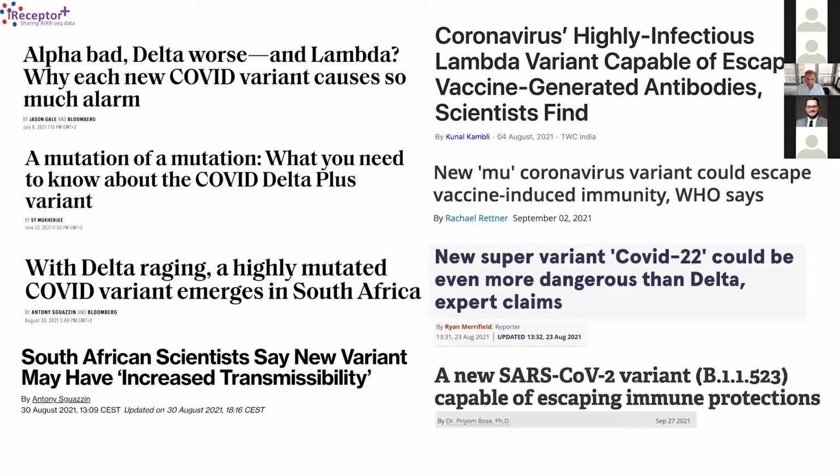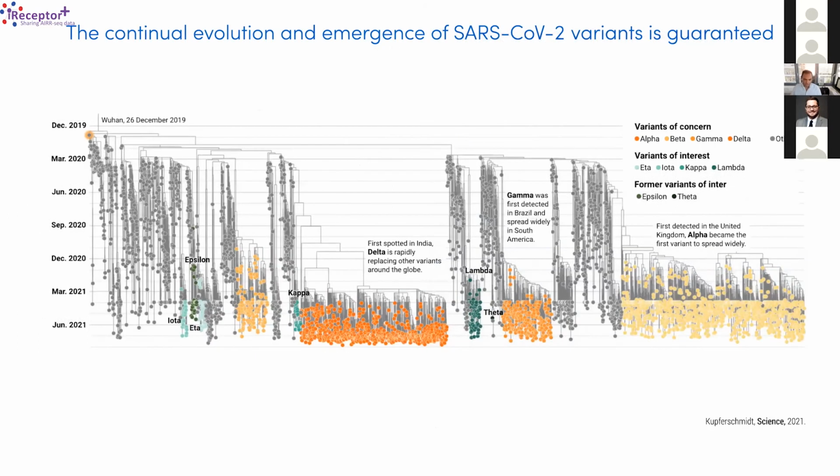When you see these headlines, it's easy to potentially dismiss them as fear-mongering, but at the same time, what we've learned from the experience of the Delta variant and how it changed the trajectory of the pandemic should make us cautious around how to think about any new variant that emerges. Whether those will truly impact the course of the pandemic or not is questionable. But I think we can be 100% confident that the SARS-CoV-2 virus will continue to evolve and new variants will